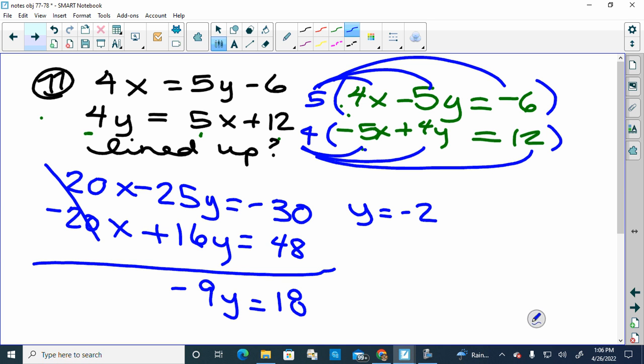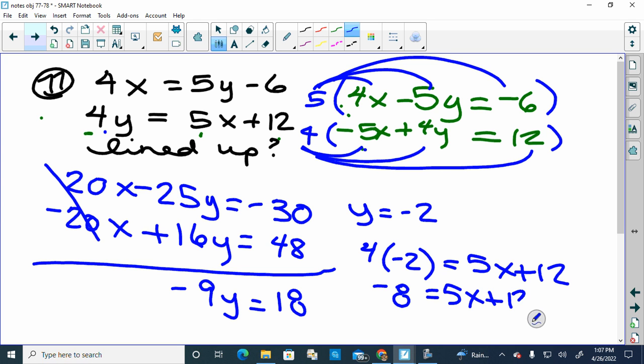Okay, I would go, because you can plug it into these, but you'll have bigger numbers to work with, so I just go back to your original. So for the y, I'm going to choose this one just because it's smaller, okay? So 4 times a negative 2 equals 5x plus 12. Okay, so this would be a negative 8. Okay, so I'd move my 12 over. So now I have a negative 20 equals 5x. So x would be